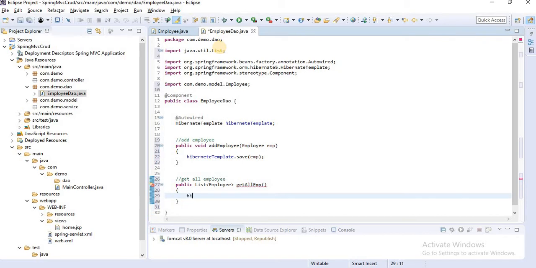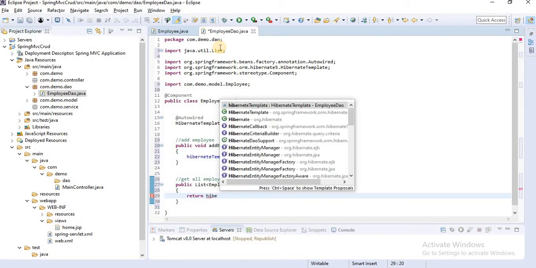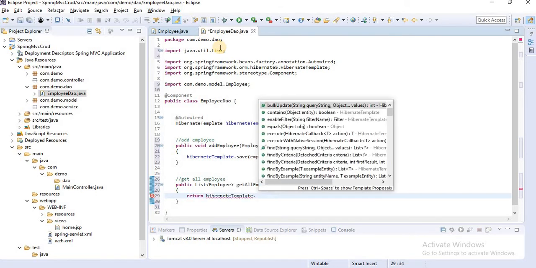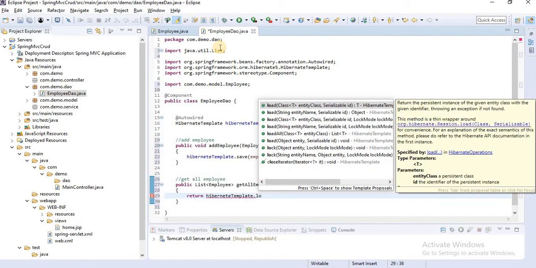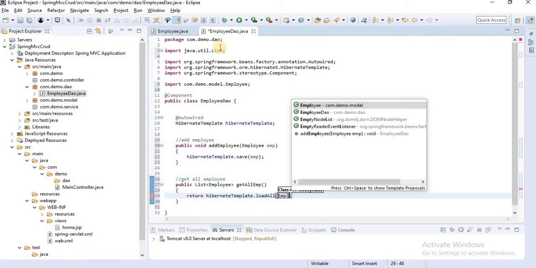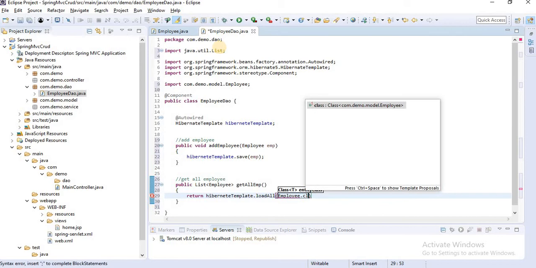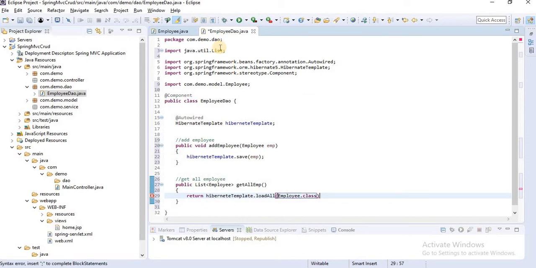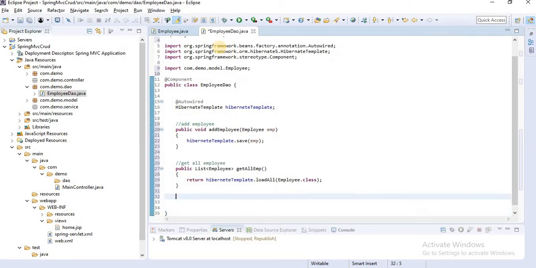Here also use a return type: return hibernateTemplate.loadAll. Here we have loadAll, and we have to specify the return type. Our return type is Employee.class. This method is also done, getAllEmployee.